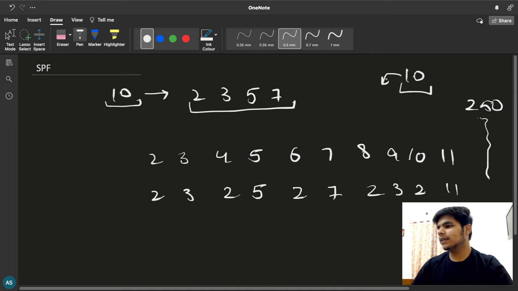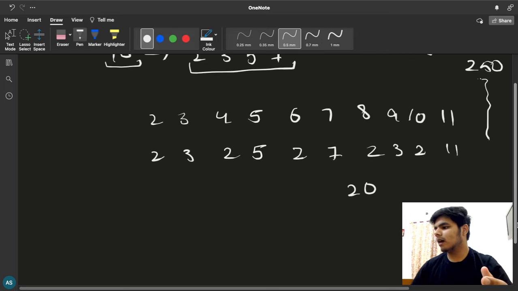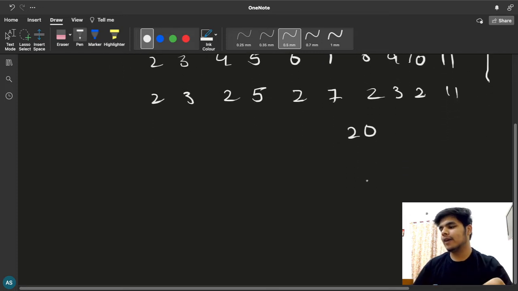मैं 10 को 10 के SPF से डिवाइड करता जाऊँगा। जैसे 10 का SPF क्या है? 2, ठीक है। तो 2 से डिवाइड किया और मैं 2 को एक वेक्टर में स्टोर कर लिया कि रेपिटेशन ना हो। तो एक बारी से जैसे मान लो कि मेरे पास 2 का और ले लो मल्टीपल, जैसे मान लो 20 है, ठीक है। अब मैं चाहता हूँ कि 20 के सारे यूनिक प्राइम फैक्टर्स स्टोर कर लूँ।